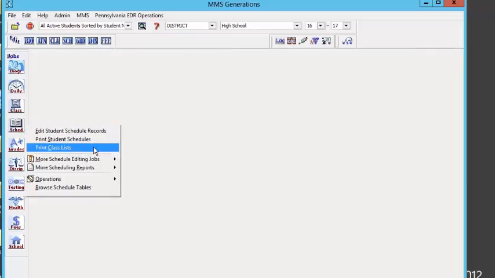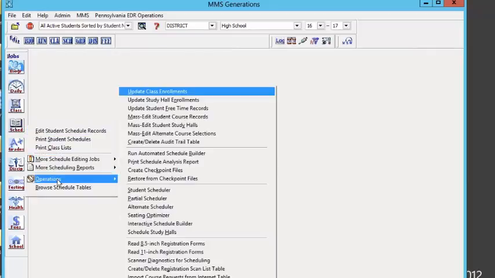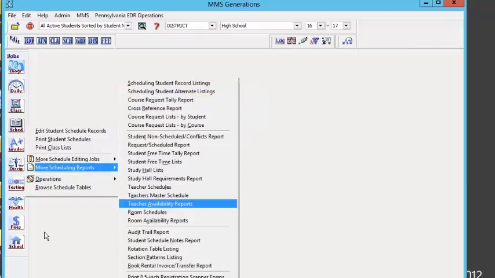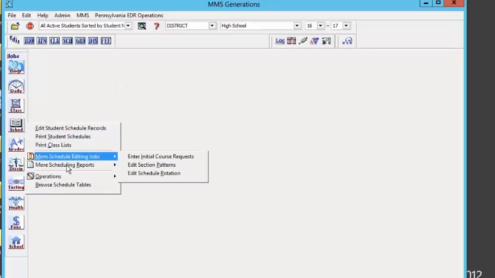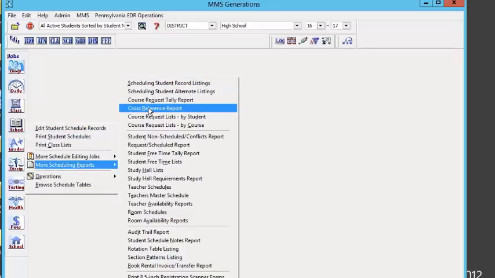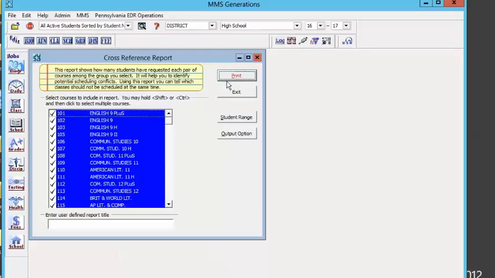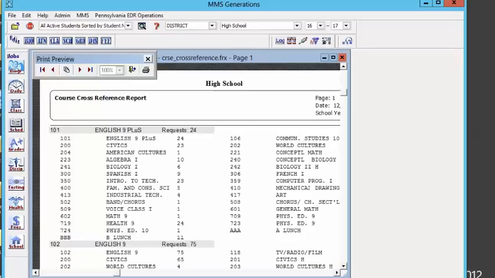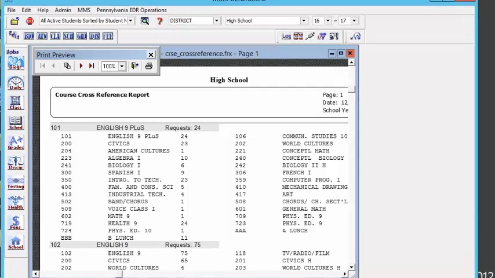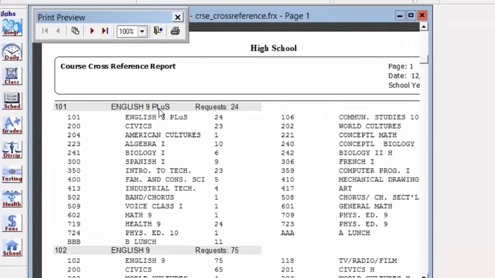Another report that we suggest running is under scheduling, more scheduling reports, the cross-reference report. And if I go ahead and print this report, this is going to give me an idea of what other courses students have chosen based on a particular course. So this doesn't give me details on the students, but it does give me numbers and information that could prove to be very useful. So for my English 9 Plus class, I have a total of 24 students that have